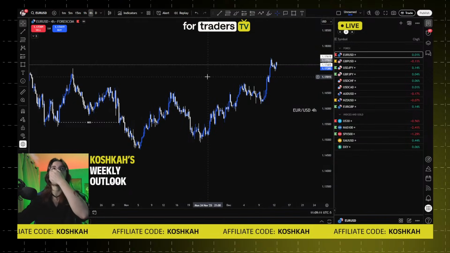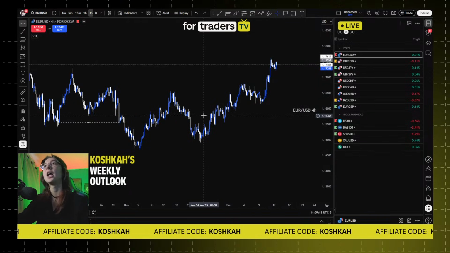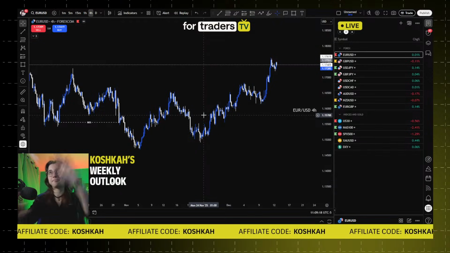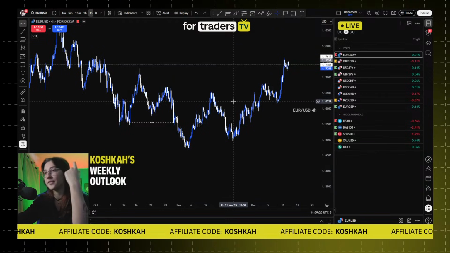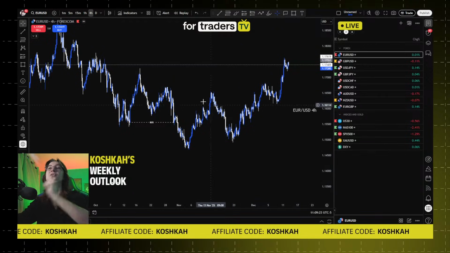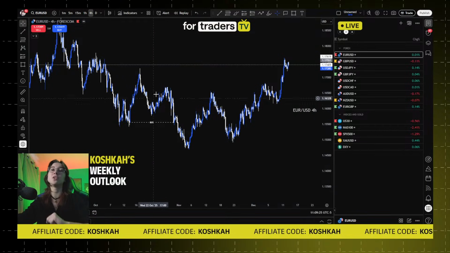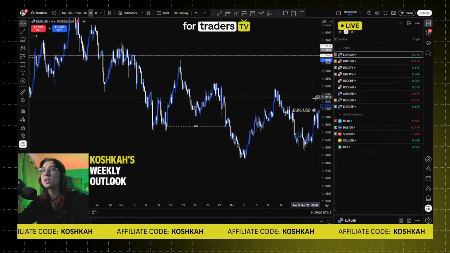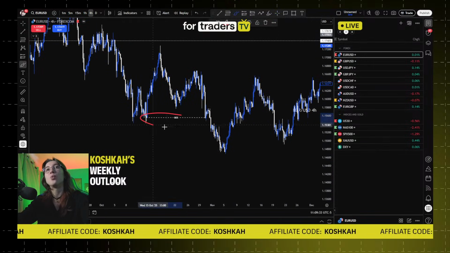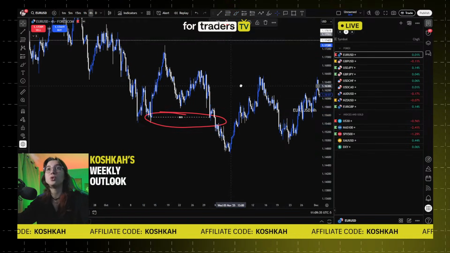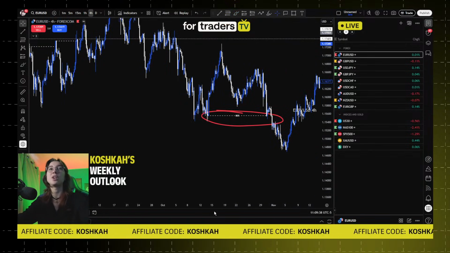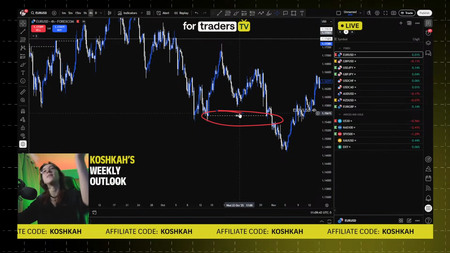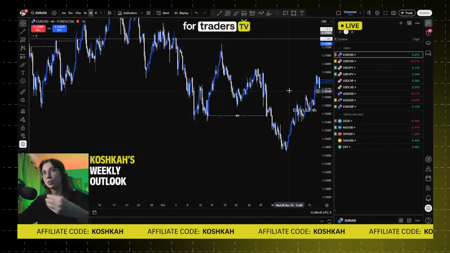Okay, perfect, let's start with Euro USD. So what's going on with Euro USD? Overall, we need to identify the trend, okay? That's first things first. When you analyze a chart, first things first is to analyze and identify the trend. In this case, we have right here a break of structure to the downside. What does that mean? It means that we are bearish, right? When we have a break to the downside, it means that we're looking to go to the downside.